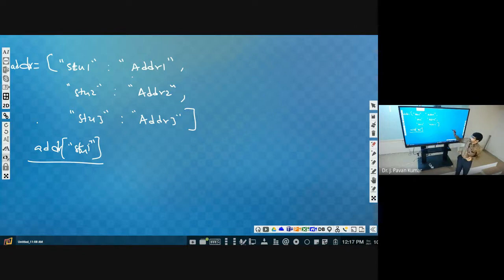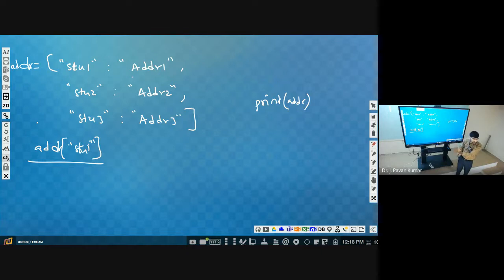Now we wanted to print the entire dictionary. Just like a list, how do we print? Print of L means the entire list will be printed. Similarly here also you can use print of the dictionary, that is, the dictionary name is address, and directly it will print the entire thing. Student 1 address 1, student 2 address 2, like this entire keys and corresponding values.